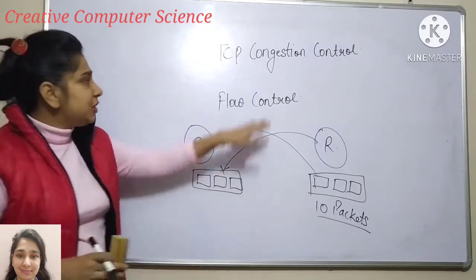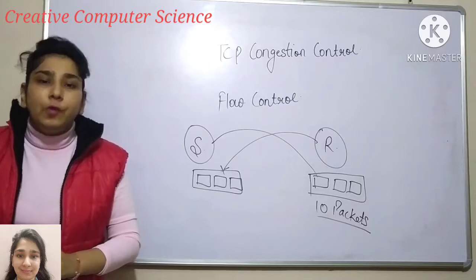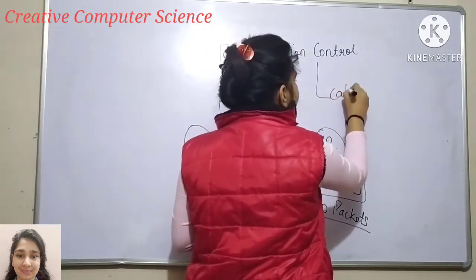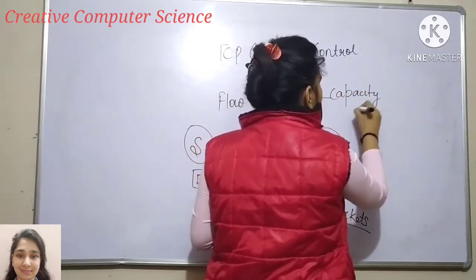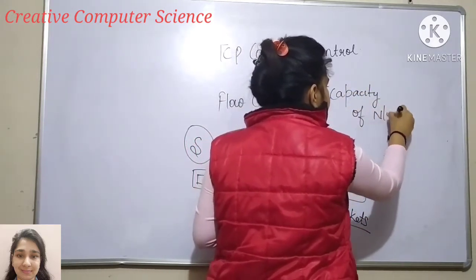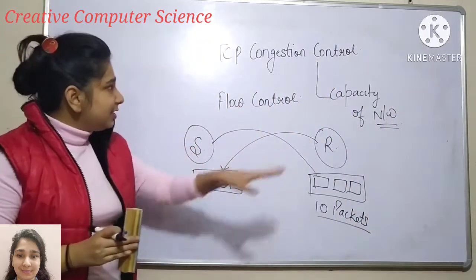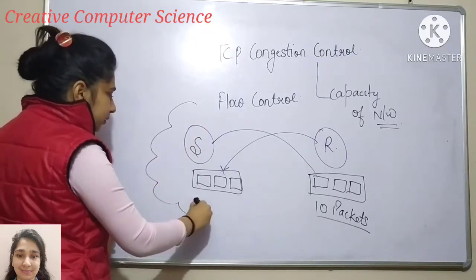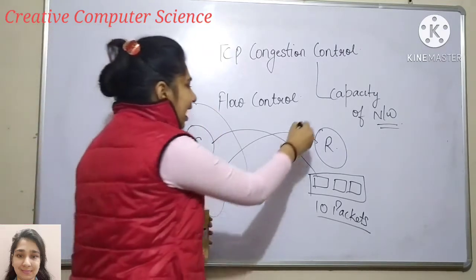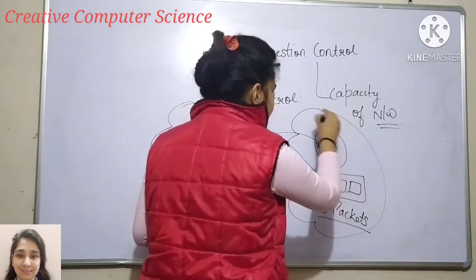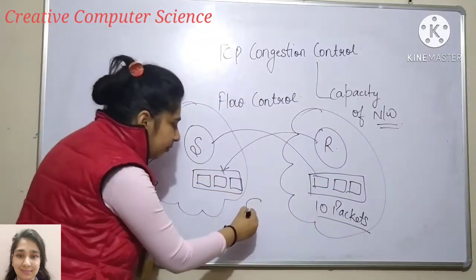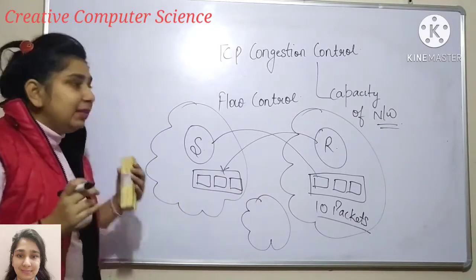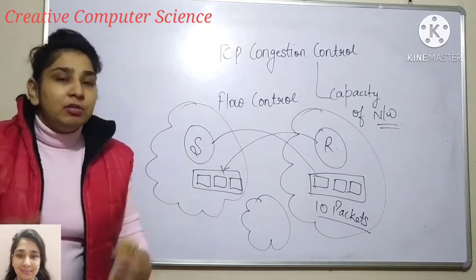And how is congestion control different from flow control? Congestion control is basically about the capacity of the network. What does congestion control mean? Let's suppose we have many networks present, and at one particular point of time in the world, millions and billions of